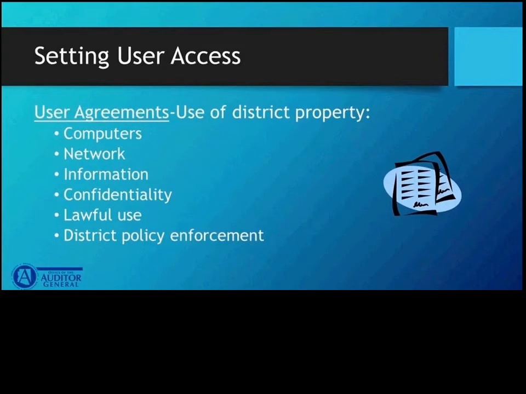Similar to those agreements or contracts entered into with third parties, you need to ensure that district employees fully understand district policies and procedures for the appropriate use of district data and IT resources. User agreements are a good way to set parameters on what should and should not be done with district property, including data. These policies should encompass but should not be limited to the use of district computers, adding and deleting information on the network, how the district's information should be utilized by employees, maintaining confidentiality of the district's sensitive data,